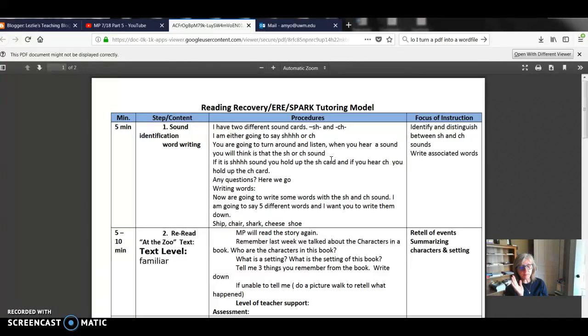But I think the whiteboard will make it quicker, and that's basically what you wanted to do: write 5 words that start with CH and SH and get them spelled correctly. So that's good. The second was to reread the